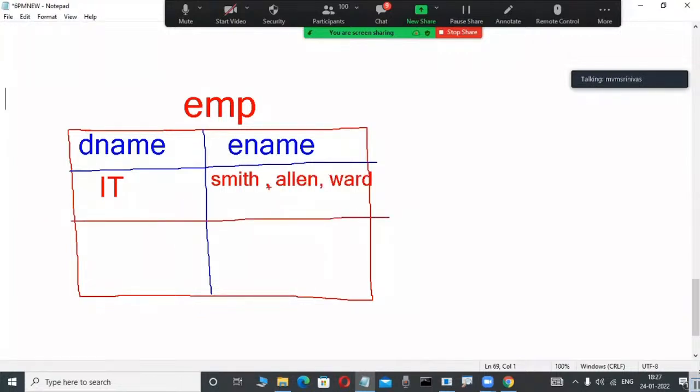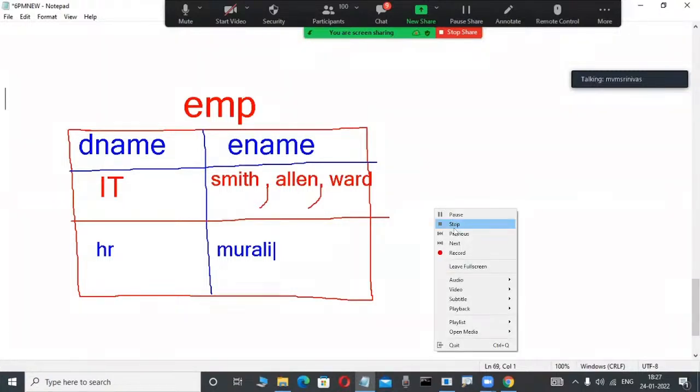That's why I am representing that data in this format only. IT is a department, and in that department Smith, Allen and Ward are working. Again, another department is there. What is the department? HR department. For example, in the HR department, one employee is working. My name, for example, Murali, is the employee working. I am a programmer in my project. Suppose I work on an Oracle project, which is a relational data model product. The data is represented in the format of tables. One scenario: one company is there. In that company, 2 departments